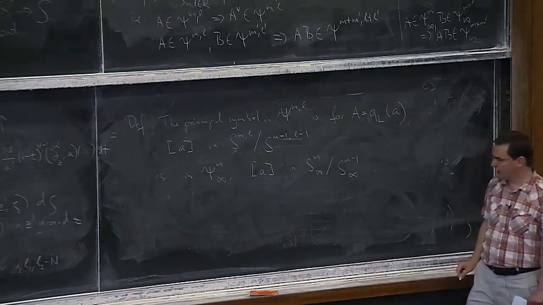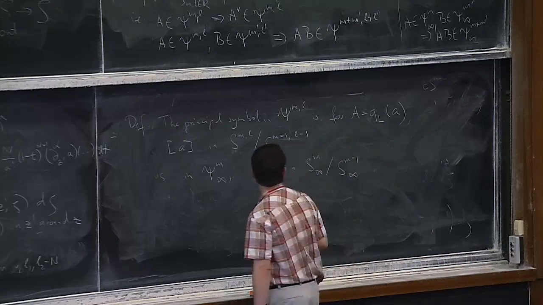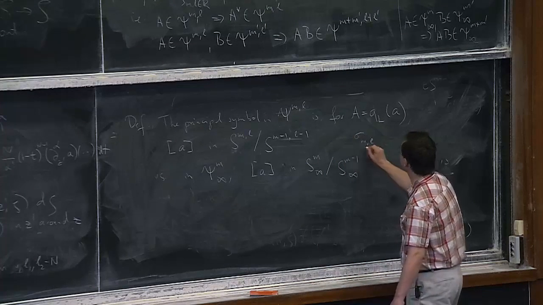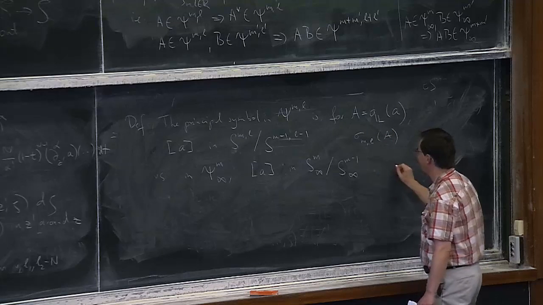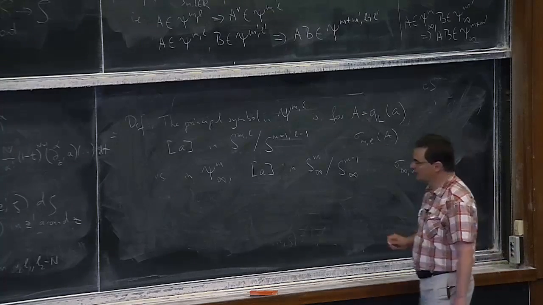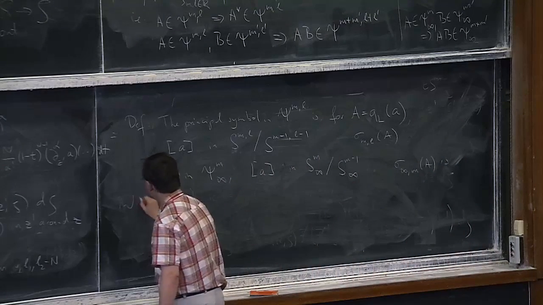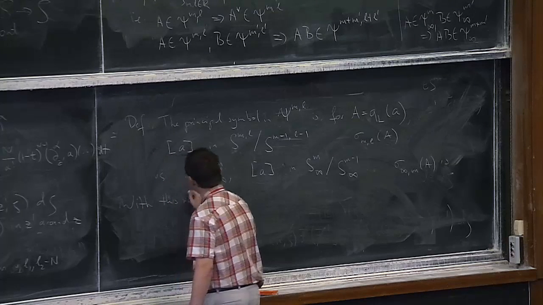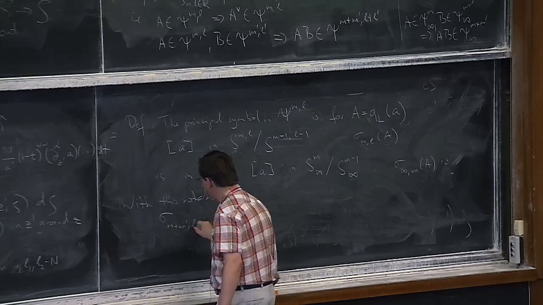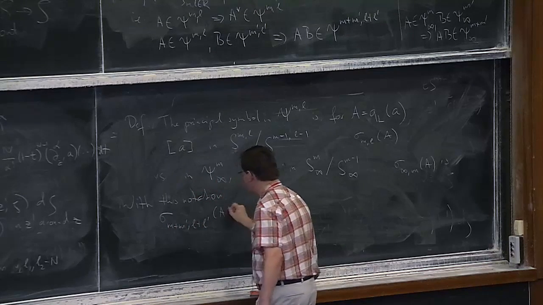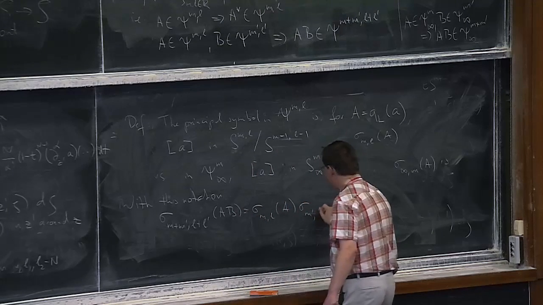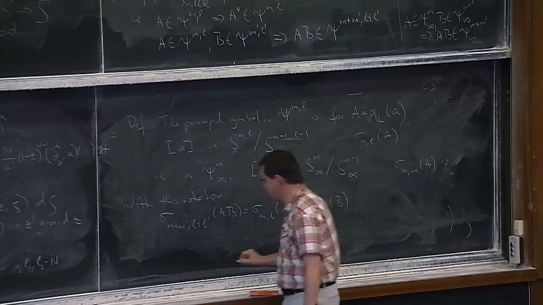Okay. And so, put it this way. My notation will be that this is the principal symbol sigma_{m,l} of A. And here my notation is going to be sigma sub infinity comma m of A. And then with this notation, what we have is that the principal symbol of a product is the product of the principal symbols. And then similarly,